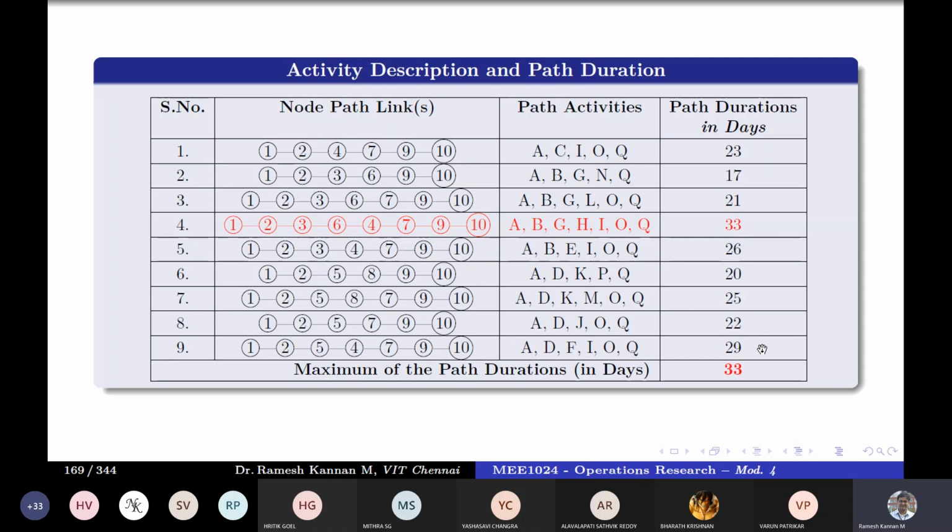Which means that any path that is proximately closer to the critical path is what our consideration is all about, right? So I repeat, whichever is proximately closer to a critical path is what we call a subcritical path, and we need to know how far they differ from the critical path. Say in this example, if a path is 32 and you delay it by 1 day, it will become critical, which is much more severe than having 4 to 5 days to become a critical path. So as simple as that.